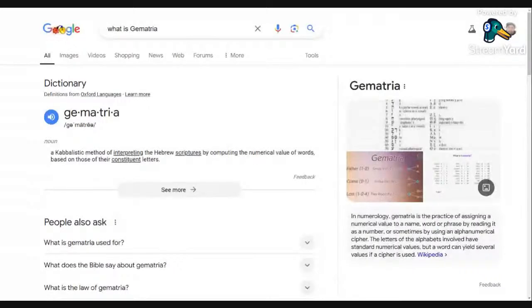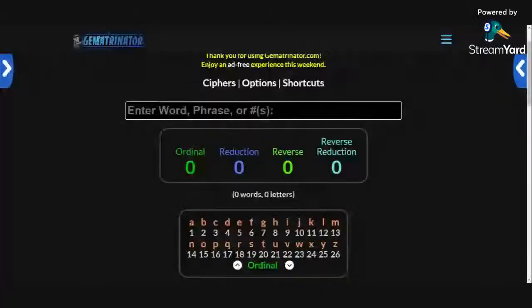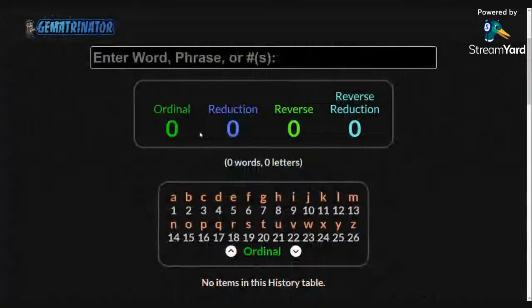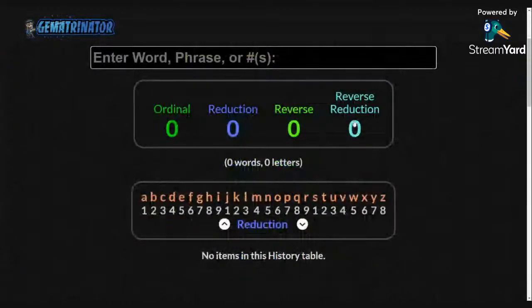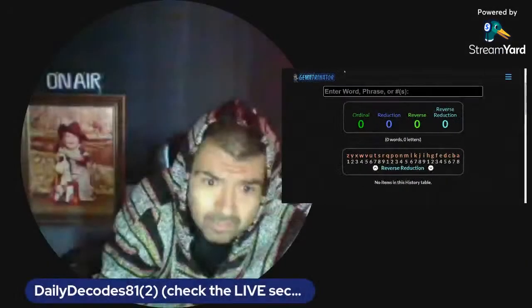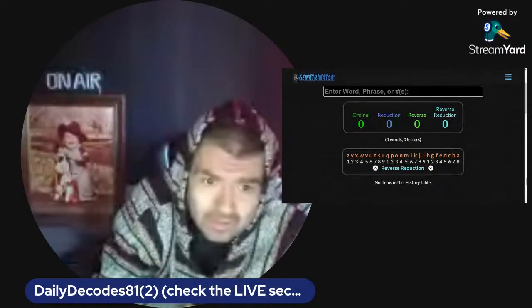And that may sound confusing, but it's really not. It's just with the English that we speak. Okay, and you see forwards with the alphabet, reverse and reduction ciphers applied both ways. Okay, it's as simple as that.